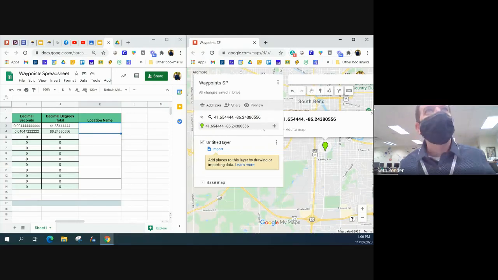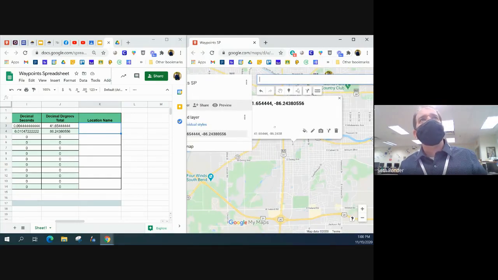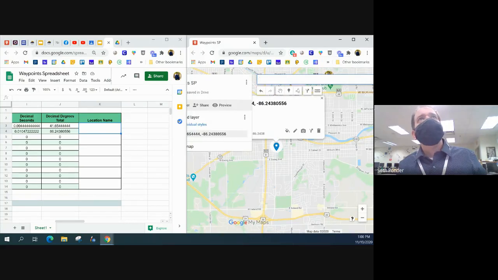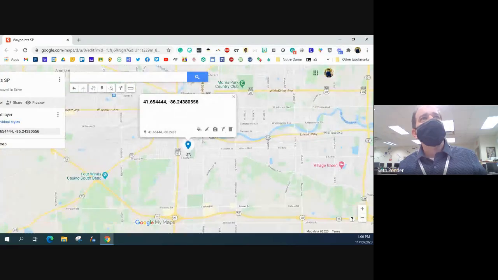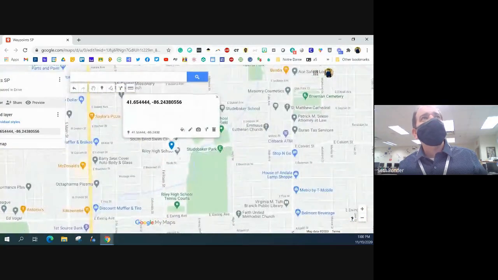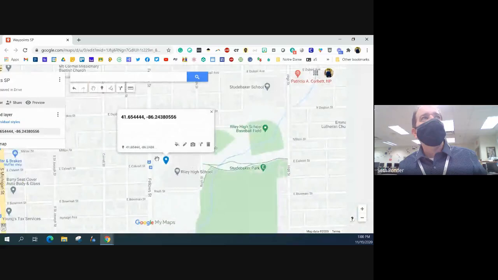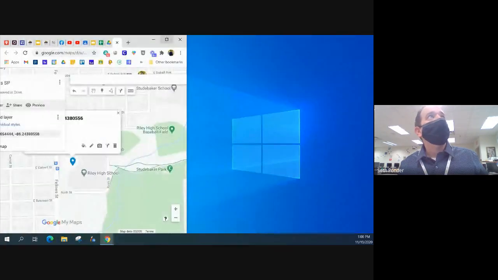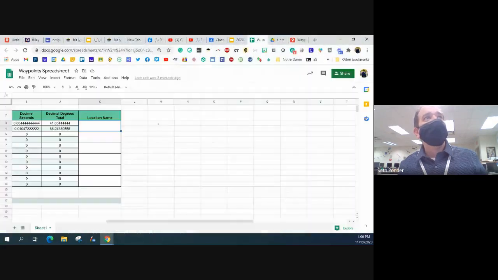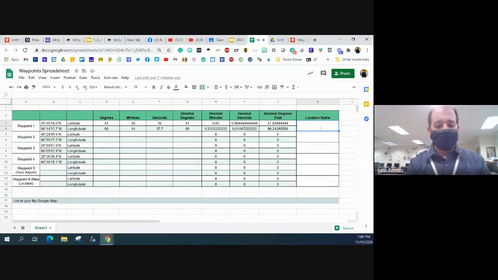Now, the cool thing is, after you do that, hit this plus sign right there. When you hit this plus sign, you can zoom in, and you can see where the pin dropped. There's your answer right there. It tells you. All right. So now I can go back to my assignment here, and I can say the answer is,